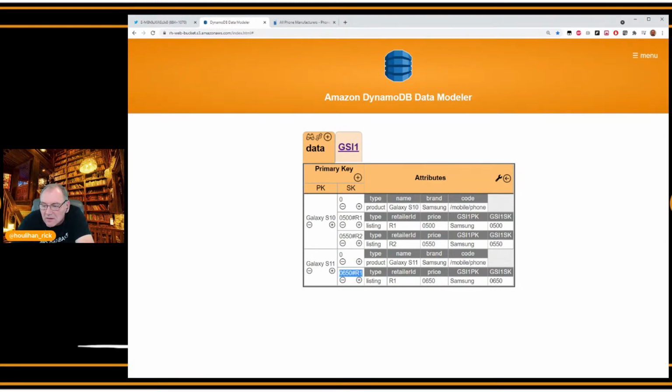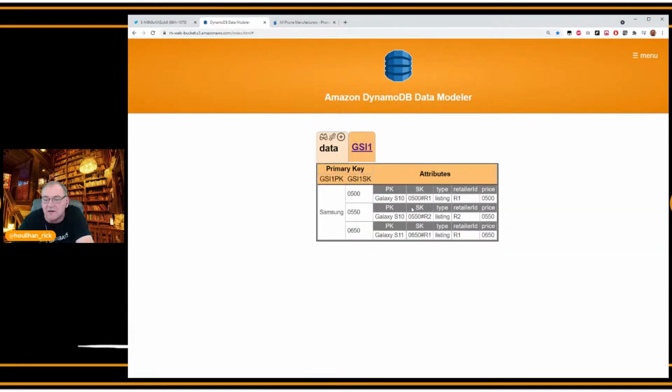Okay, and now if I go this route and look at my GSI, yes. So now I'm seeing all phones, all retailers by this brand sorted by price. And so I could say, give me all Samsung phones that are less than $1,000, for example. So I could say scan forward index false, sort key less than 1,000. That would bring back every item that is less than